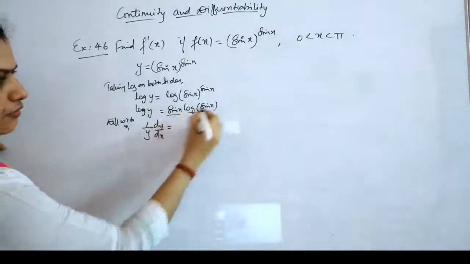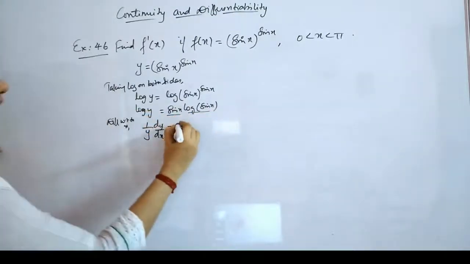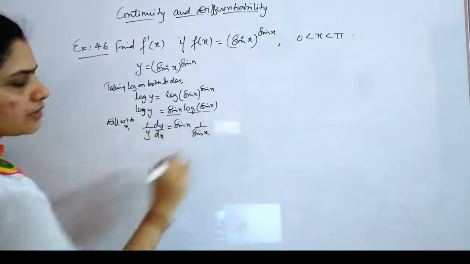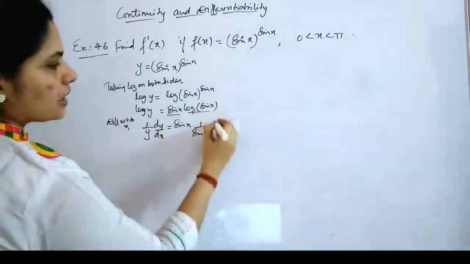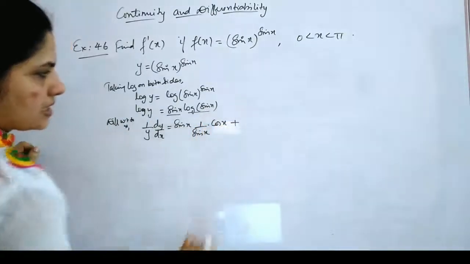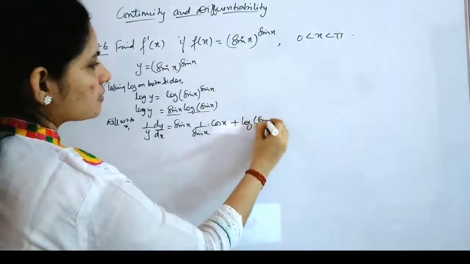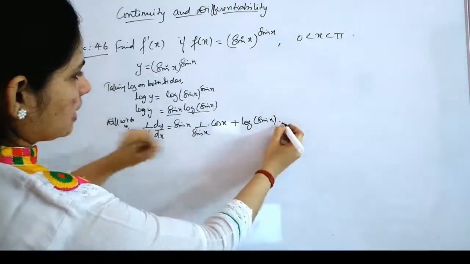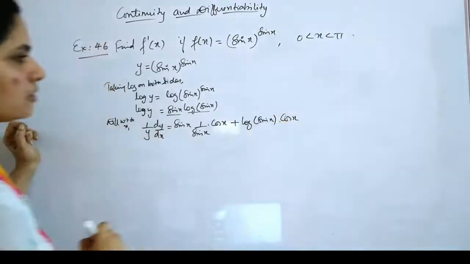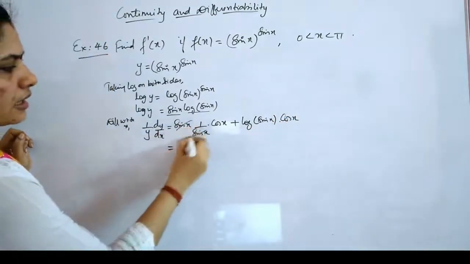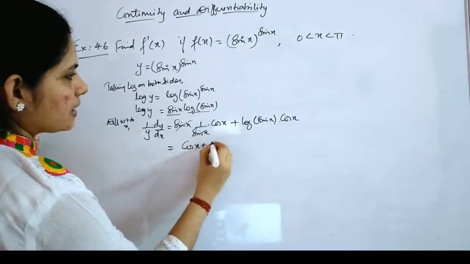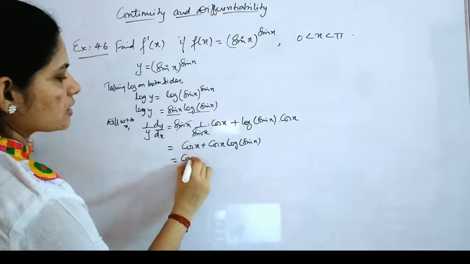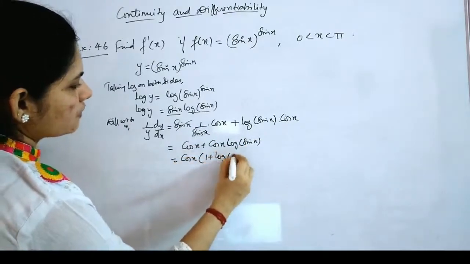Then you have to use product rule. You have two things. You will get sin x into log of sin x is 1 by sin x, log of something is 1 by that function into derivative of sin x will give you cos x, plus log of sin x into derivative of sin x, which is again cos x. Okay. Now this sign will get cancelled. You will get cos x plus cos x into log of sin x. If you want, you can take out cos x in common, so that this is cos x into 1 plus log of sin x.